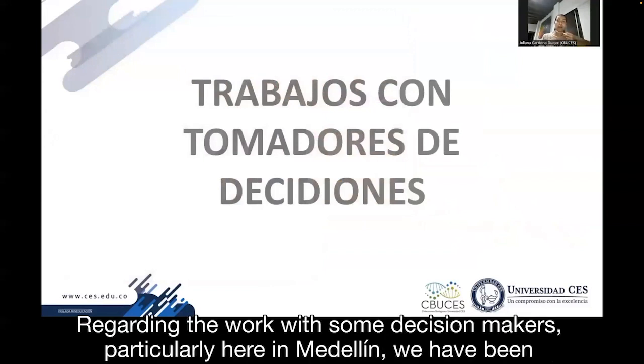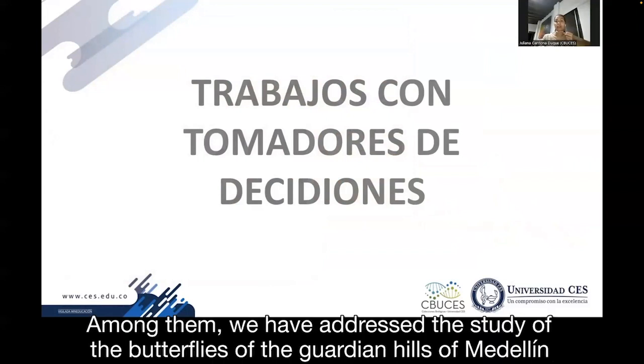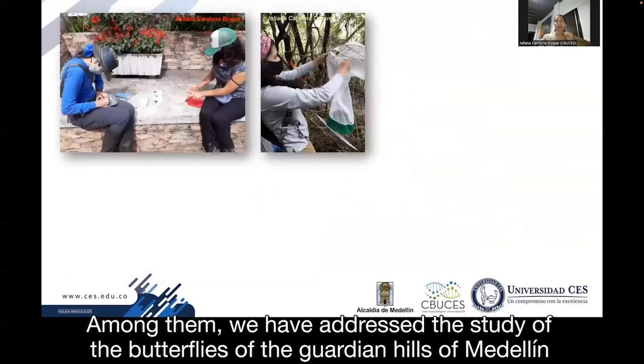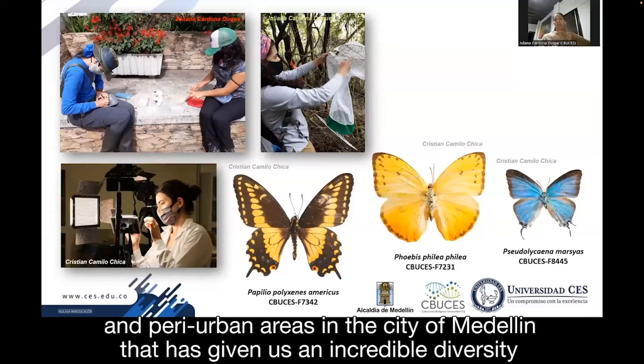Con respecto a los trabajos con algunos tomadores de decisiones, particularmente aquí en Medellín, hemos tenido la fortuna de contar con el interés institucional en inventariar y establecer líneas de base sobre biodiversidad. Entre ellos, hemos abordado el estudio de las mariposas de los cerros tutelares de Medellín y hemos empezado a digitalizar estos especímenes. En la actualidad, hemos ya muestreado varias zonas urbanas y periurbanas en la ciudad de Medellín, que nos